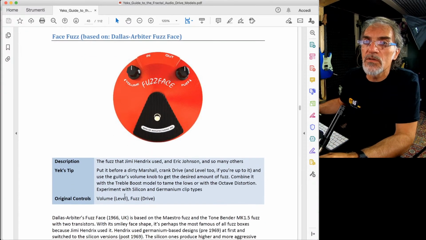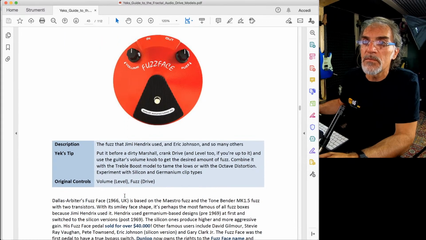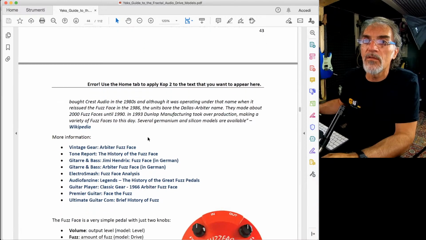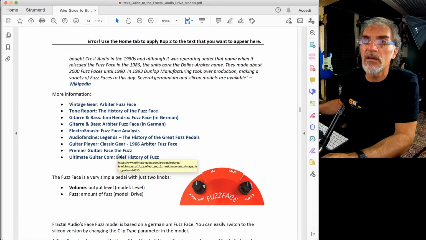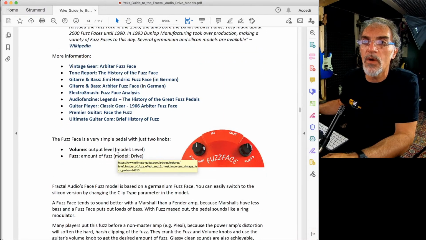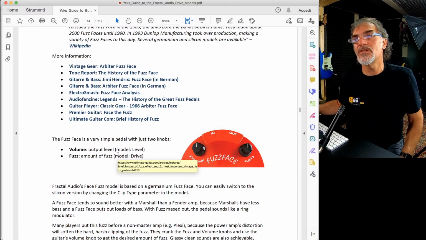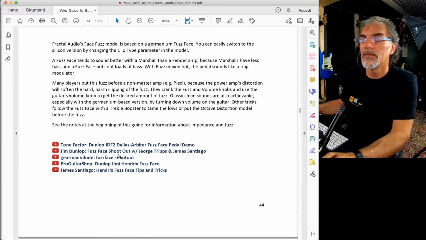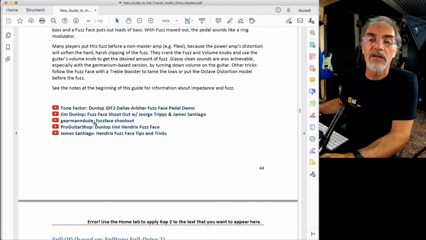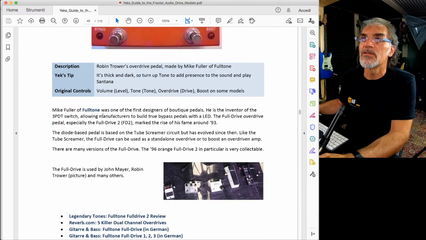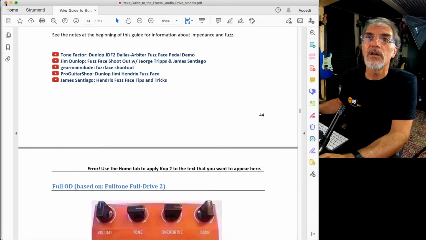There are some descriptions, some tips, and some history about this product, information you can also find on the web. It's really Wikipedia-like information, very useful to understand. Also, there are some links to YouTube to hear the original effect. So don't forget to have a look at the guides.